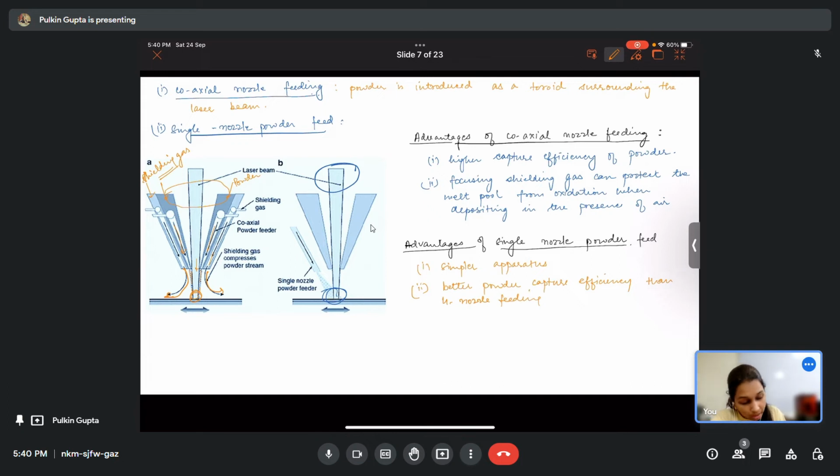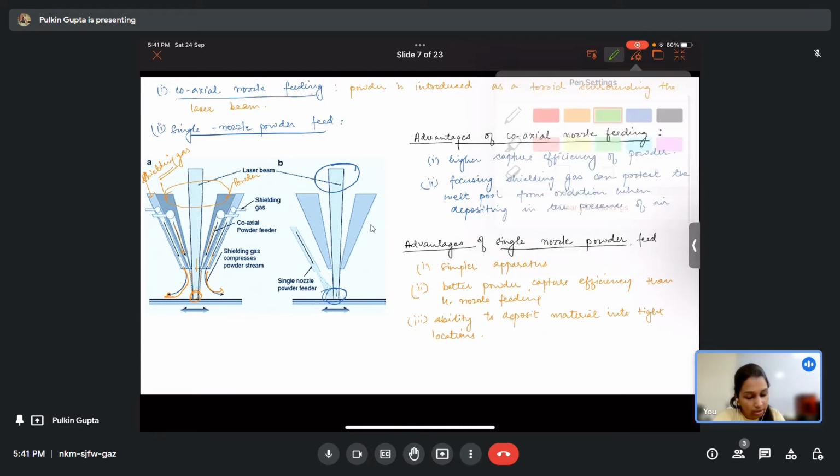And you have the flexibility or ability to deposit material into tight locations. Tight locations means hard to reach locations, or in complex geometries where you have very small locations. Okay,